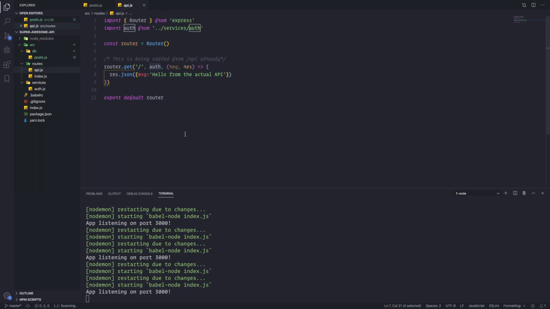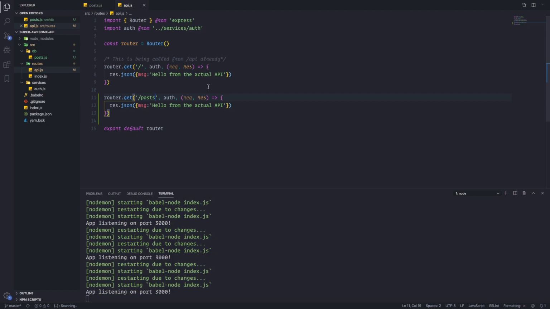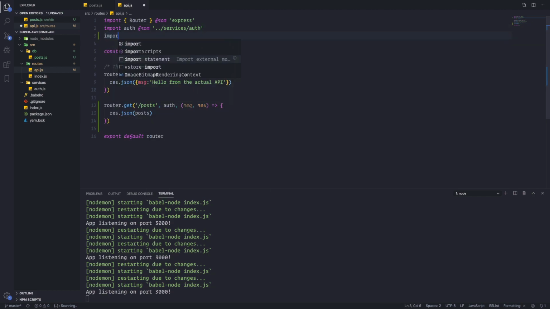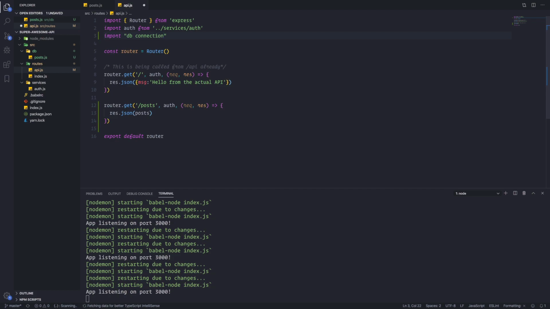So on the API, what we're going to do is recreate this one. And as we know, we have different verbs that we use. So when I do an API post request, I want to send the post. Of course, this post doesn't exist. I need to import it. So let me import my, in double quotes, DB connection. Of course, we know that we are faking it right now just for the example. So let me just import the post from